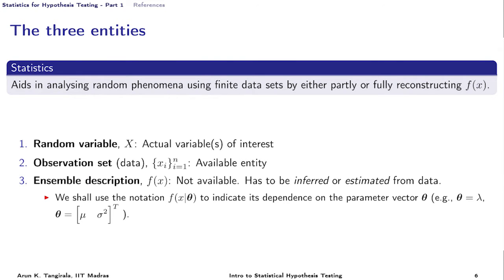And apart from the three concepts, we have three entities in statistical data analysis. One is the random variable, the main object of interest, the main variable based on which I am formulating the entire problem. In the solid propellant burning rate, the burning rate is a random variable. Or in the proportion of defective items in a manufacturing process, the state of the part that I am analyzing, whether it is defective or non-defective, is a random variable, and so on.